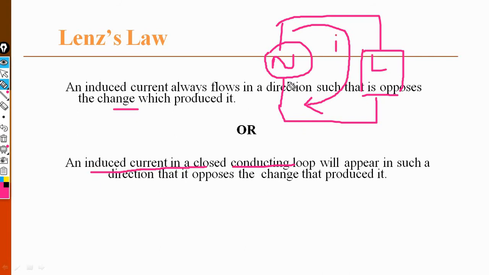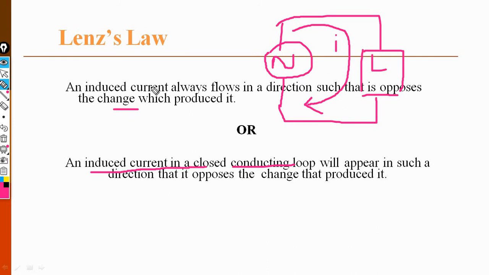That means induced current in a closed loop. At that instant, direction is very important. That is, the clockwise direction is very important, and this direction opposes the change that produces it. That means any type of change present in the circuit, the current will oppose it. That means induced current in a closed conducting loop will flow in the circuit in a clockwise direction so that it opposes any type of change produced on it. That means totally, the induced current controls the circuit.